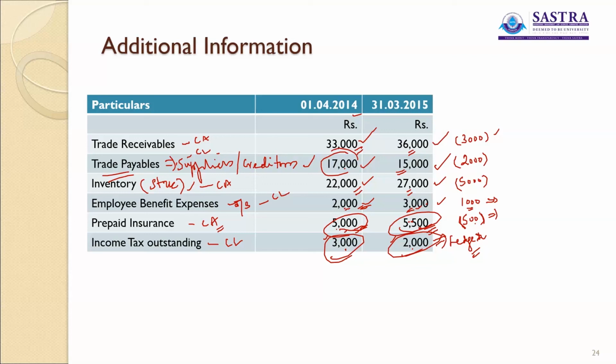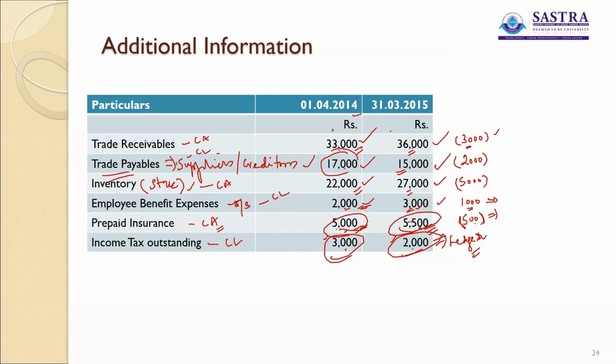If you give less credit, you will have more cash. Supposing the scenario is like this: 36,000 at the beginning and 33,000 at the end. That means you have reduced your credit to your customers. That will mean you will have more cash in hand for operating requirements. But here 33,000 is becoming 36,000, which means you have extended more credit, because of which your operating cash would have reduced, declined. So we are taking it as a less item.